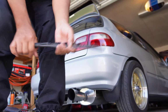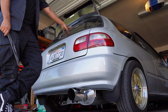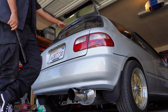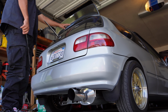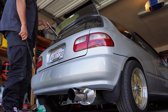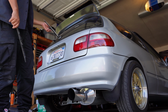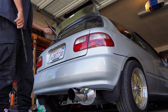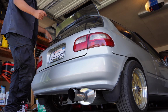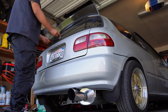Now, while I was at the junkyard, I was able to take a look at a few of the options I might have for my rear windshield here. Stock-wise, it's supposed to come with a wiper, which is here, and the nozzle to spray it down. But this particular part is non-replaceable. There is no option to get this replaced, at least not the one that I could find, and I can't buy a new one because they don't do aftermarkets for this. So I went to go look on other cars, and I found a CRV one that's sort of similar in size, but unfortunately it's gonna have to require some modification because